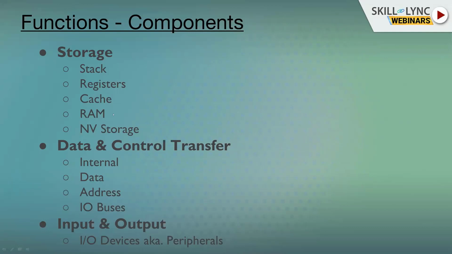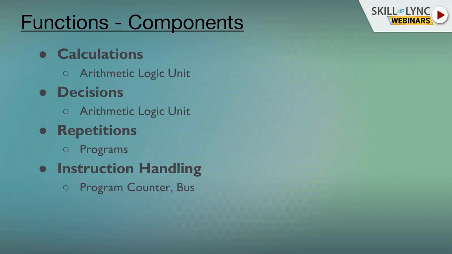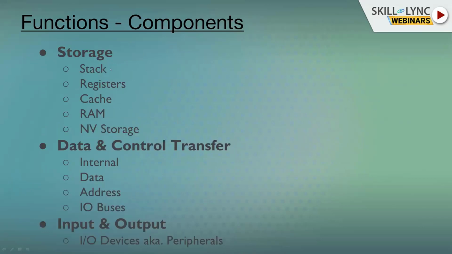In a digital computer, for each of these functions, you can find a specific set of components. In your computer architecture organization book, there will be one chapter for each of these topics. Because I don't have a lot of time, I'm not going very deep into these individual items.